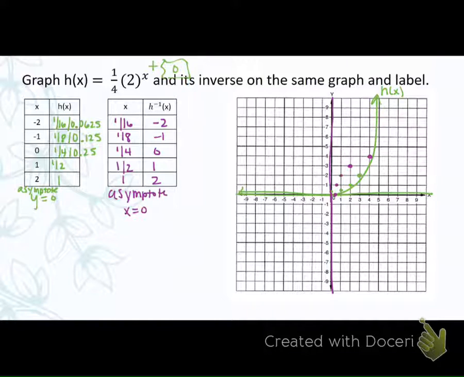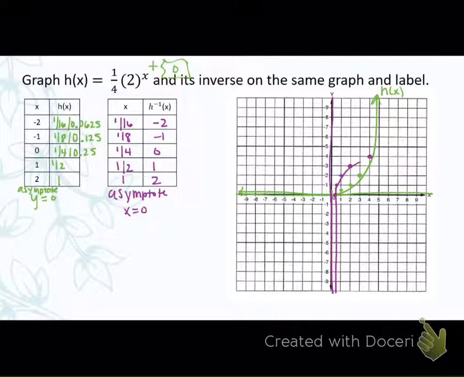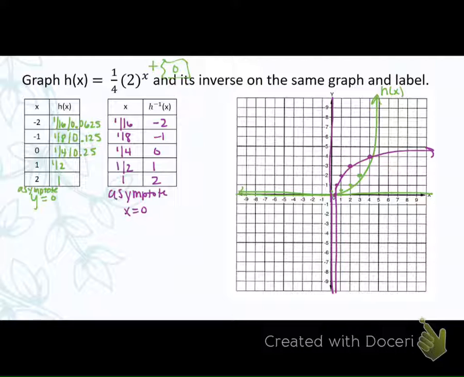Oh, I forgot. I drew my line the wrong way. And this is h inverse of x. So is this original an exponential growth or decay function? It is growth. Look at the 2, not the 1/4. It is growth. Okay. So let's